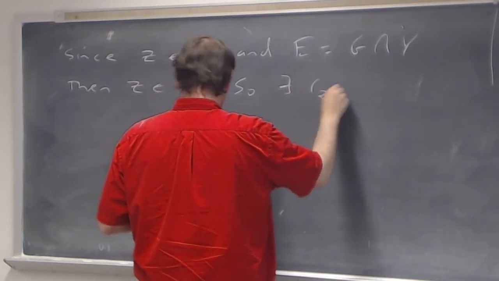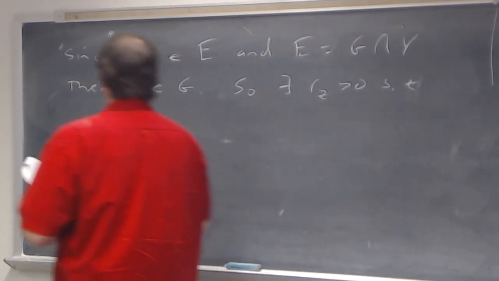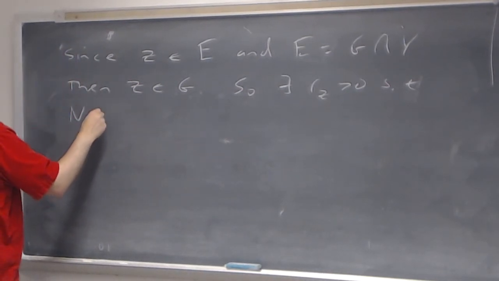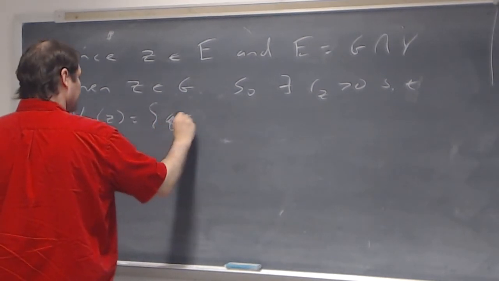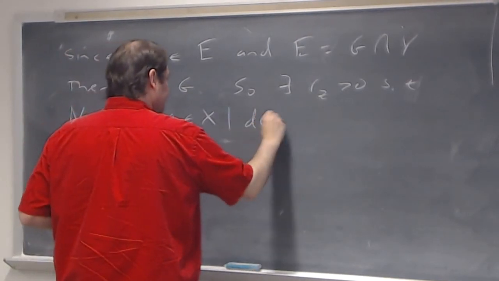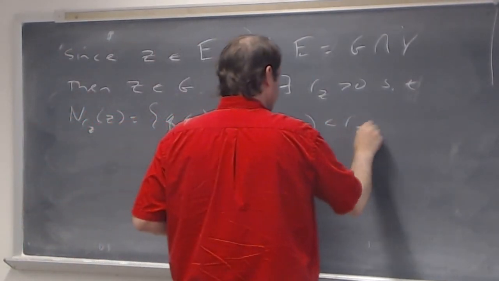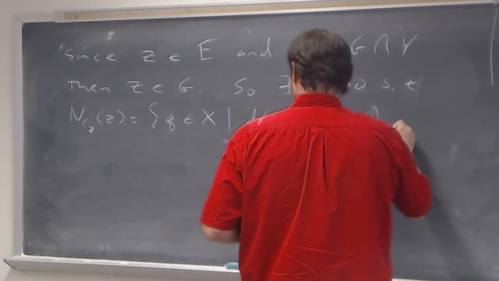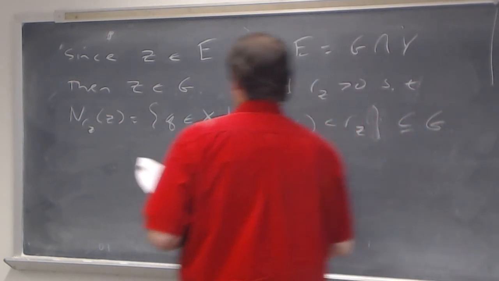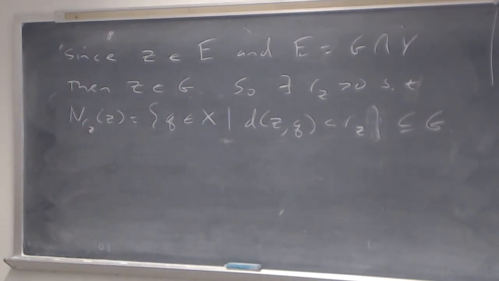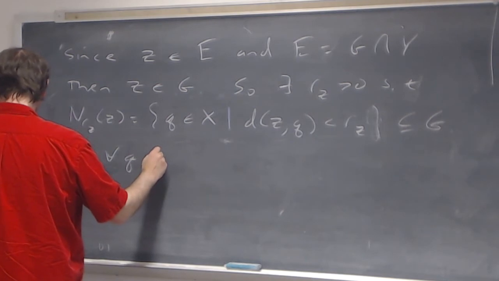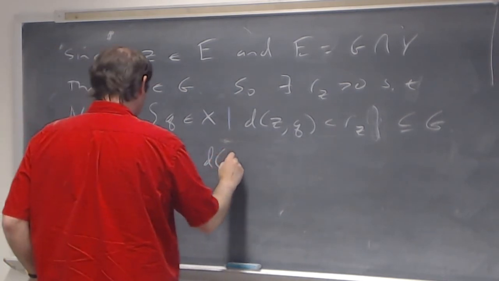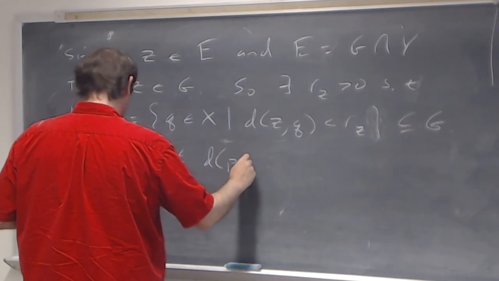So there exists an R sub Z greater than 0 such that this neighborhood N sub R of Z, which equals the set of all Q's in X such that the distance between Z and Q is less than R sub Z, is contained in G. That's because G is open, so Z must be an interior point. So, for every Q such that the distance between Z and Q